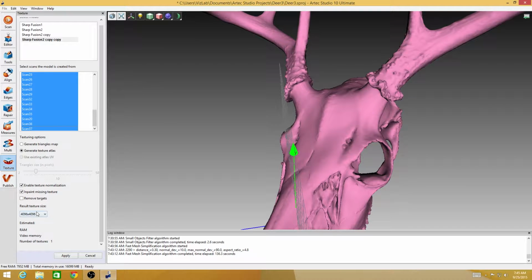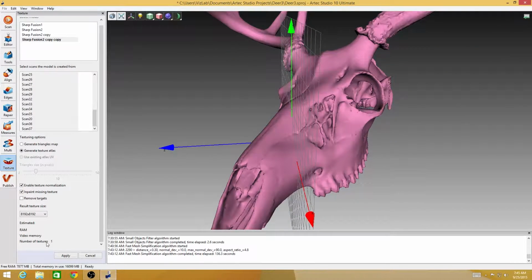I usually just leave all this alone. The resultant texture size I like to set at 4096 by 4096. It's a reasonable size. It's still a really nice high resolution image. Of course, it offers much higher resolution images. And game engines like Unreal or Unity support texture image sizes up to 16,000 pixels on a side, so that's not unreasonable. I think I'll go with 8192 by 8192, so it'll be a nice square image. It's going to put the image together based on the texture data that I got from the previous scans, and then it's going to map that to this mesh, and it's going to do that as soon as I hit this